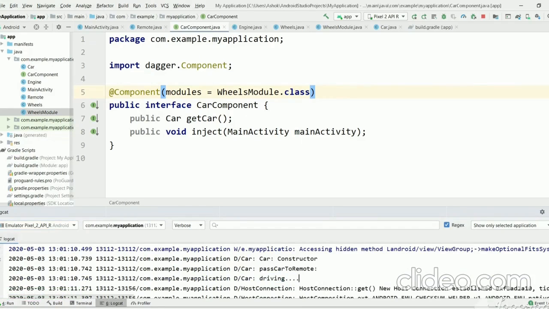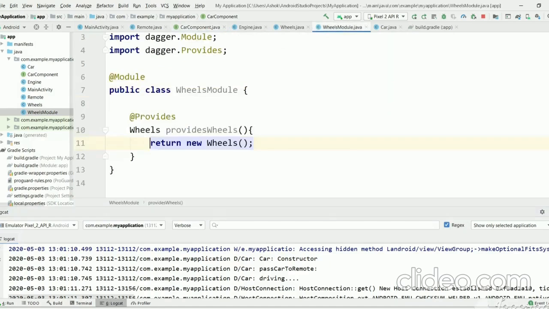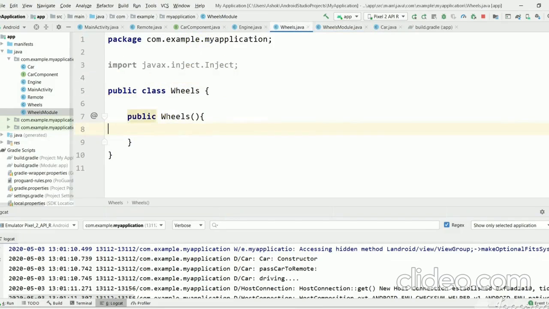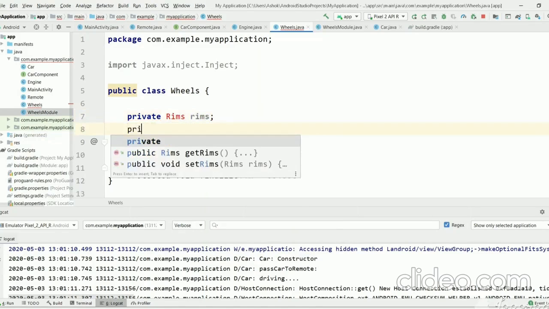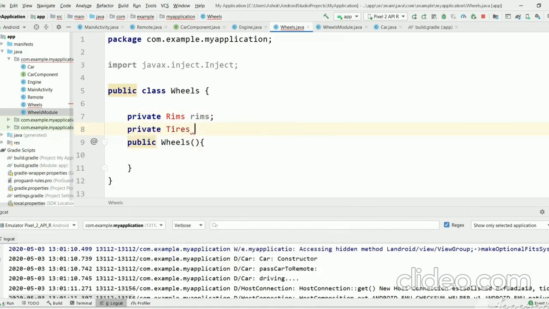This is the main use of creating objects of third-party libraries using Provides and Module. Suppose here Wheels is a third-party library, and suppose it is dependent on two more objects, private Rims and private Tires.